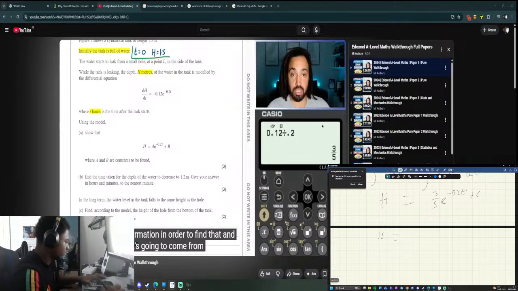What is e to the power of 0? Just 1. Anything to the power of 0 is 1. So it's 3/5 plus c, which basically means c equals